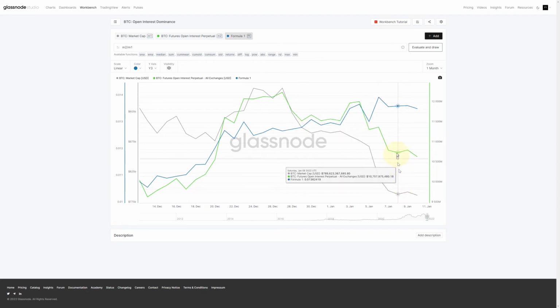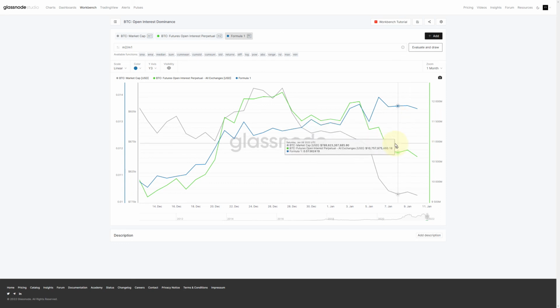Next, from the 8th to the 9th, market cap went up slightly, and then open interest went up slightly. Therefore, almost the same slope, so the dominance line or the ratio will go pretty much the same across. And then from the 9th to the 10th, market cap went down slightly, open interest went down a little bit faster. Therefore, the fraction number or the dominance goes down slightly.